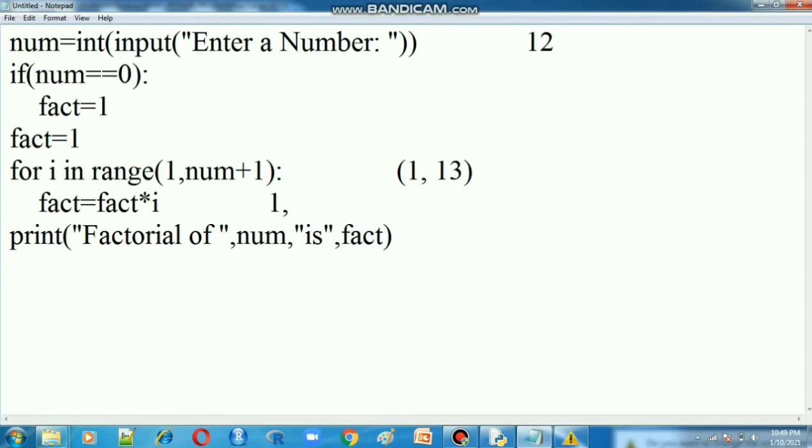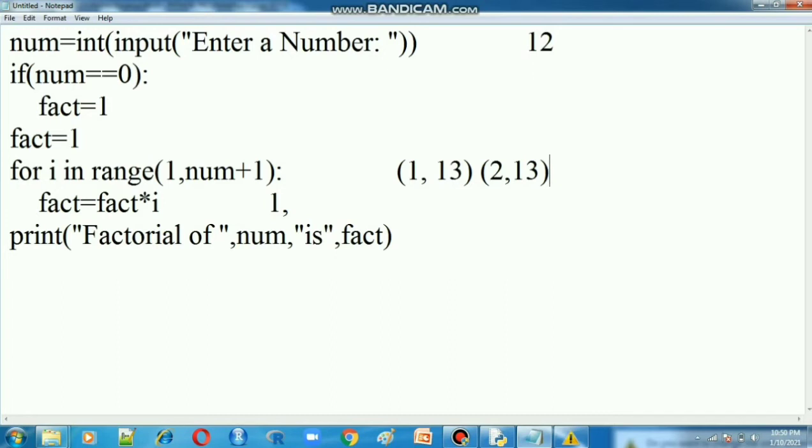Next step, go for the condition for I in range. Now one value will be incremented.